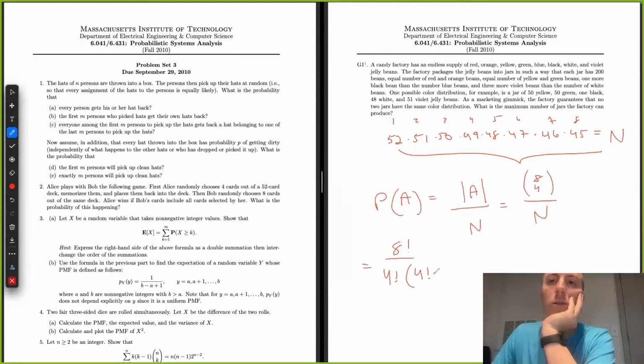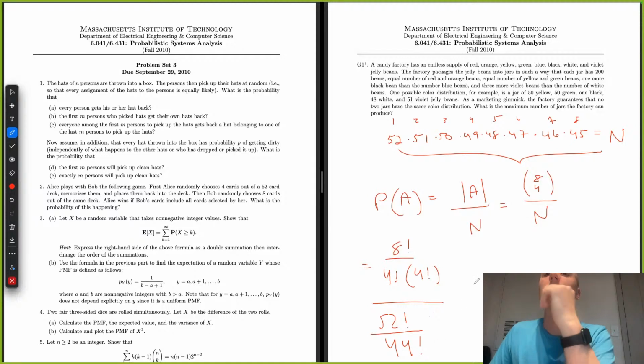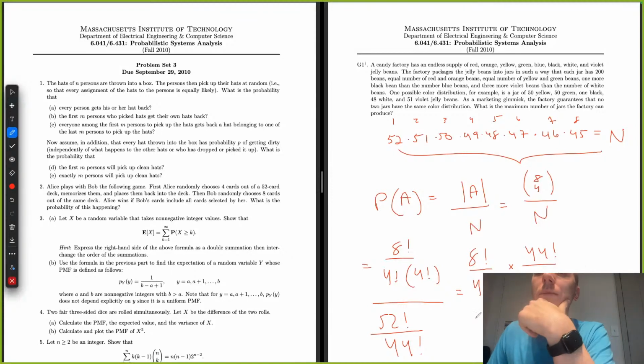So this is also 4 factorial. And this is divided by the total, which is basically 52 factorial divided by 44 factorial, which is equal to 8 factorial over 4 factorial times 4 factorial times 44 factorial over 52 factorial, which is equal to